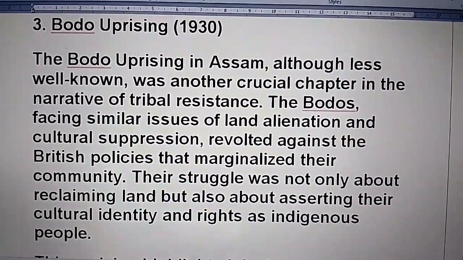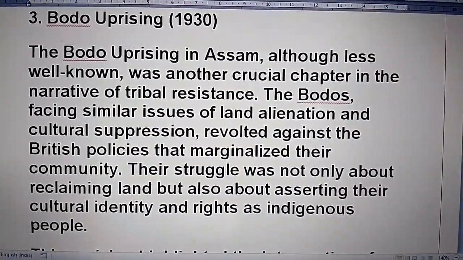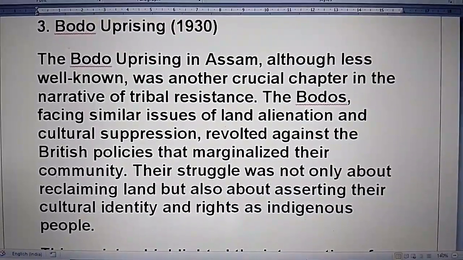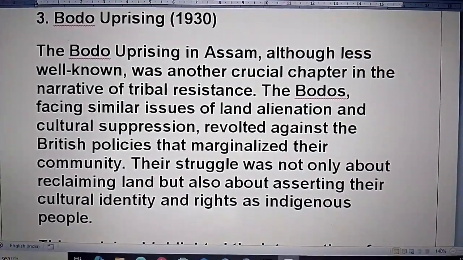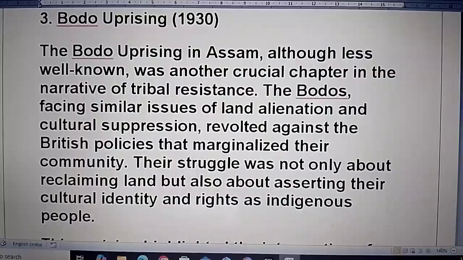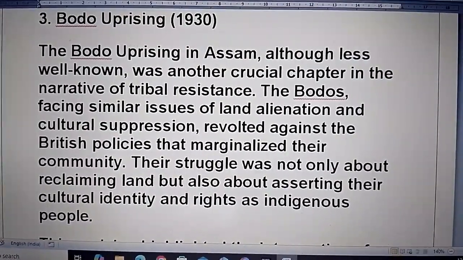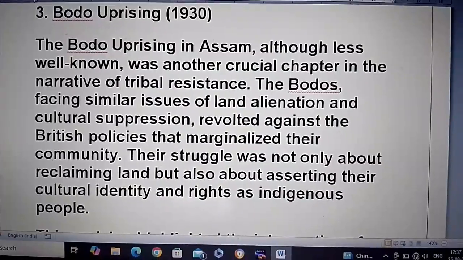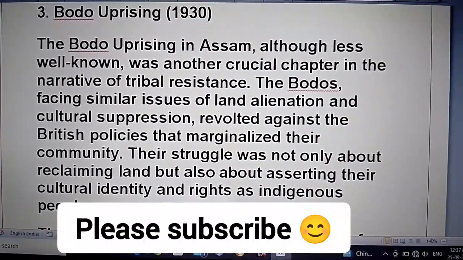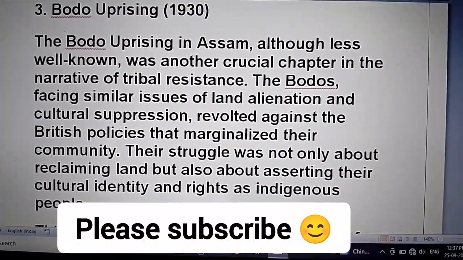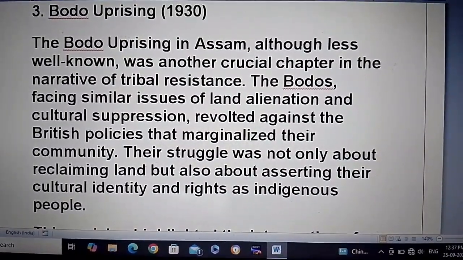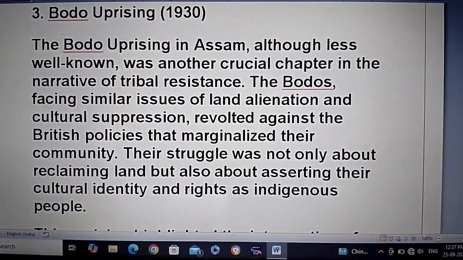Third, Bodo Uprising 1930. The Bodo Uprising in Assam, although less well known, was another crucial chapter in the narrative of tribal resistance. The Bodos, facing similar issues of land alienation and cultural suppression, revolted against the British policies that marginalized their community. The struggle was not only about reclaiming land but also about asserting their cultural identity and rights